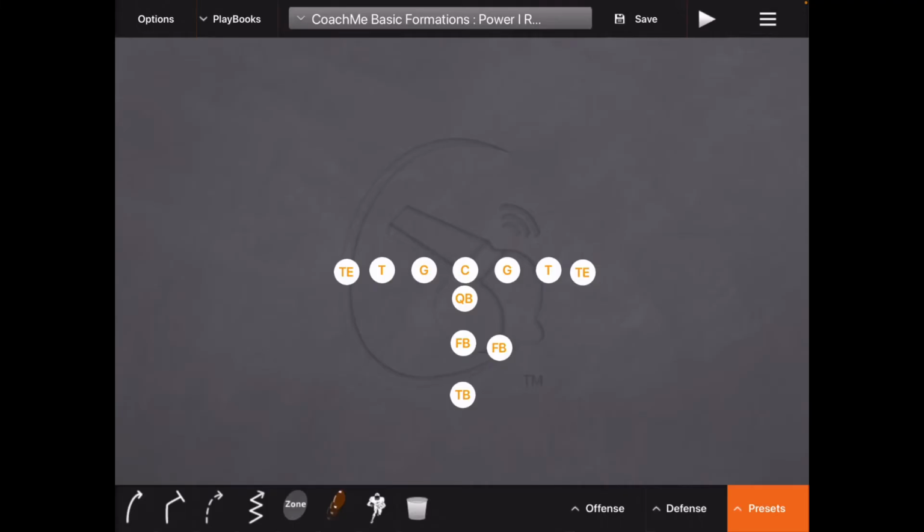Let's take a look at them right now. Okay, the first formation is called the power I. The power I is basically just the I formation, which a lot of guys probably ran in high school, maybe when they were younger. And basically, instead of just having 2 runners in the backfield, you're bringing another runner, and this runner is going